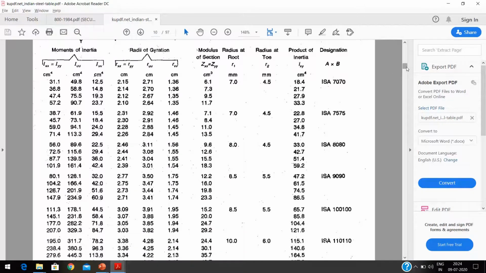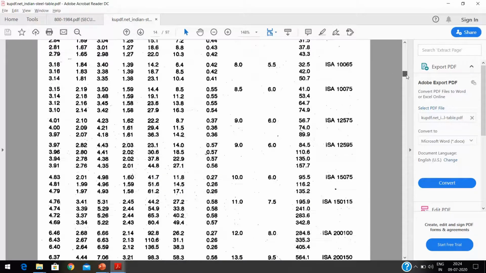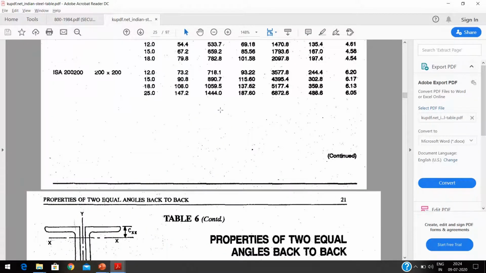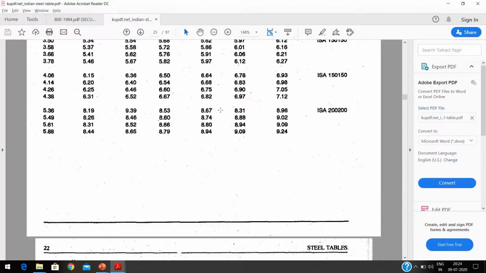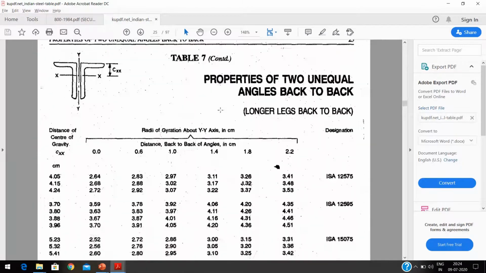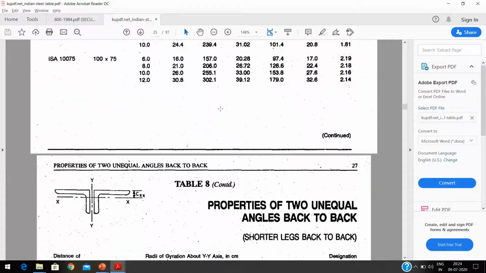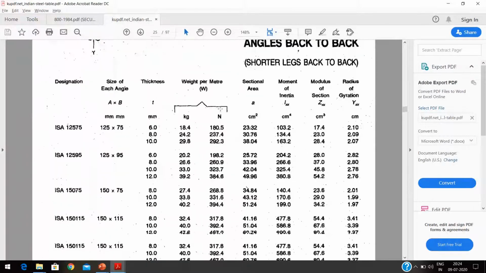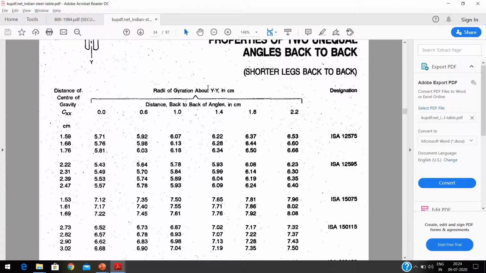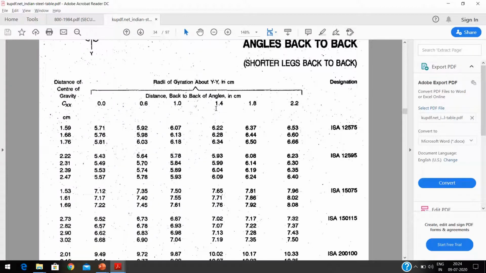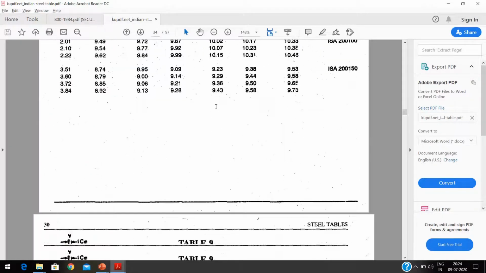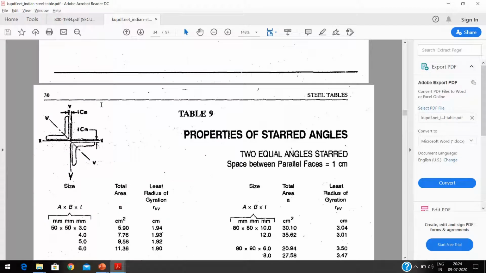So when we are using this double angle, these are the single member properties. When we are using the double angle or any connected section, we'll find the properties directly in this steel table itself. You can see over here we have the double angles, and even the distance by which they are separated has been given, according to which we can calculate the different properties, or properties in particular that axis.